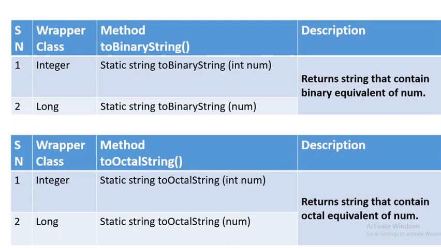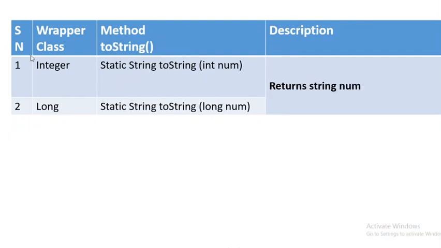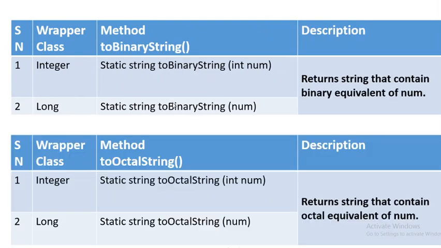Okay. Same thing will happen if we are using this with the Long wrapper class. You will use Long.toBinaryString. In brackets you will put any long number. Here the word long is missed, so any long number you will put over here. So that number internally will get converted into binary format. This complete binary sequence will be returned as a string.